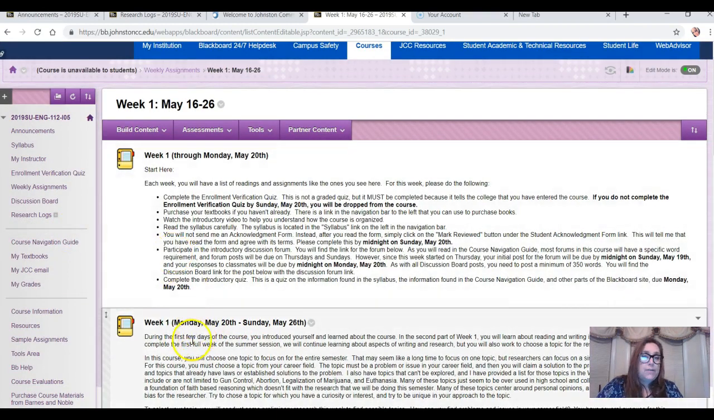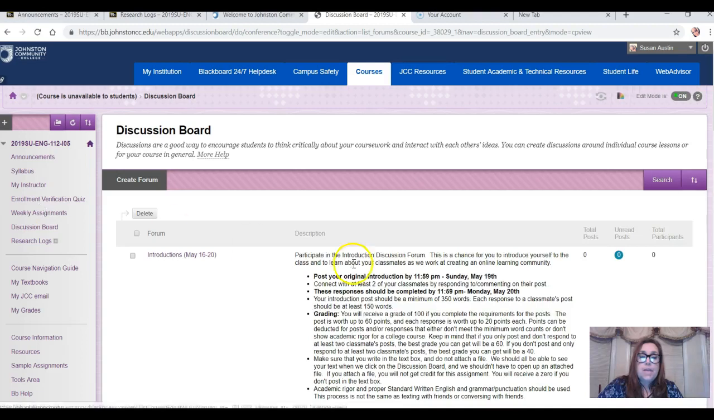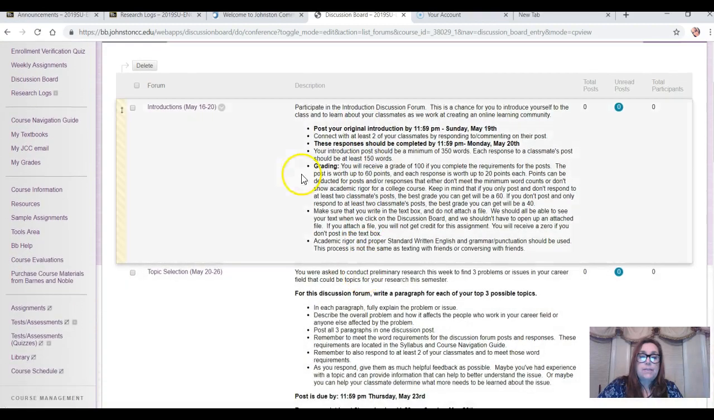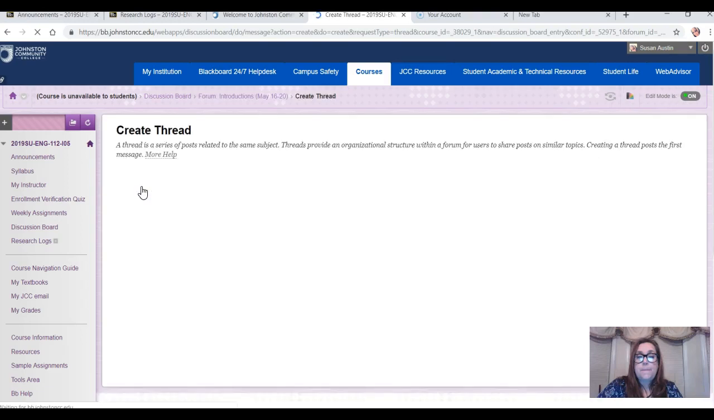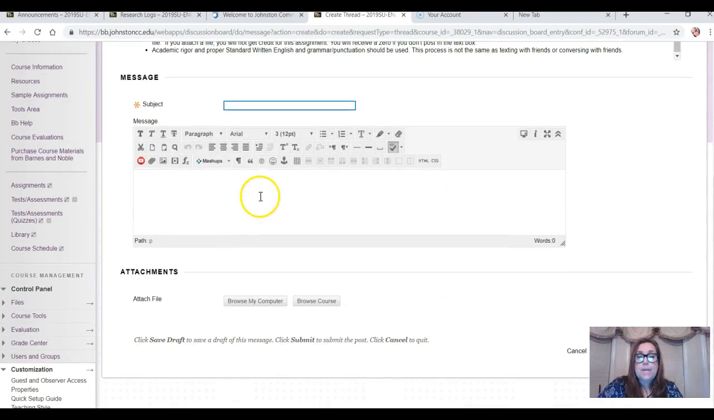So I've linked you to everything, but you can also access everything over in the left side menu. So if you wanted to go straight to the discussion boards, you just click there and it'll show you everything. And then if you want to post, you just click on the little purple words, and then you want to create a thread. Make sure you always put a subject, and it doesn't hurt. So like if I was doing this, I could put Susan Austin's